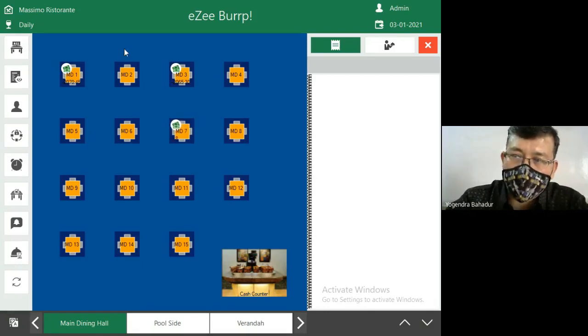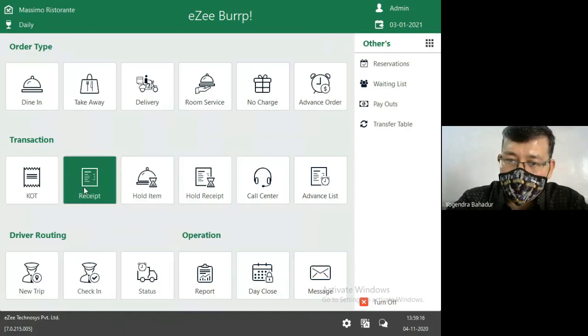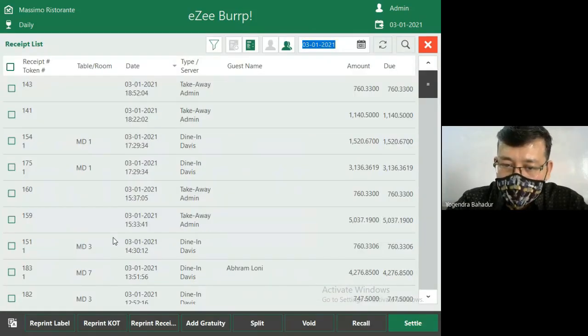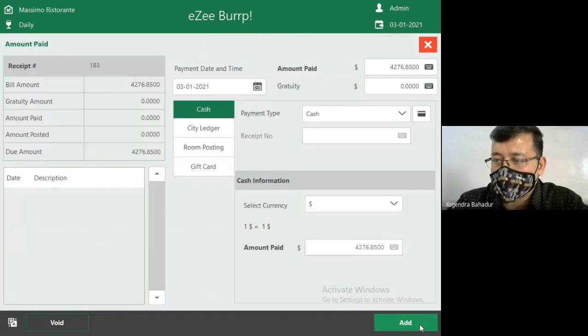So again, you will go to the receipt part, and there you will see on table number 7C, one particular bill has still not been settled. Again, you will have to choose that particular receipt number and go for the settlement. Here, as the table was the same, you are not going to add any kind of gratuity or tip for the stewards. You will just go with the